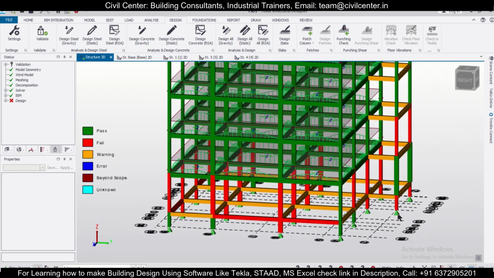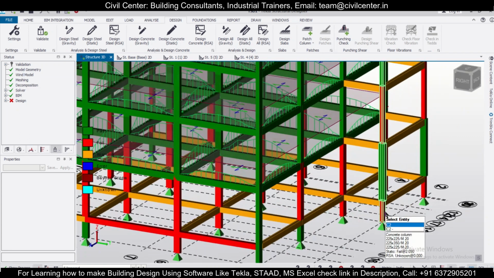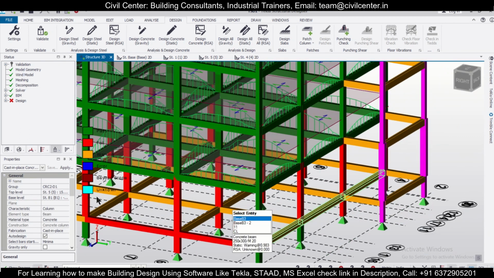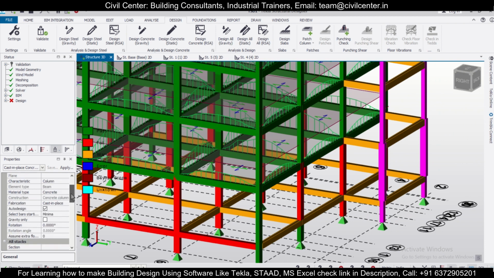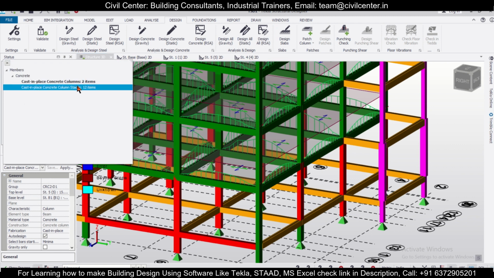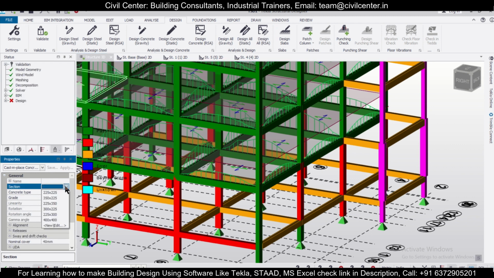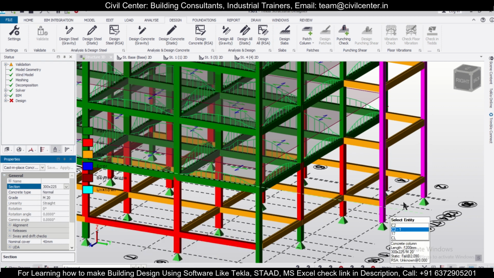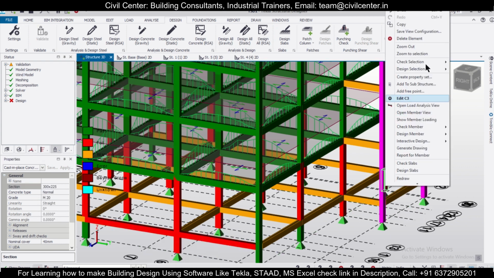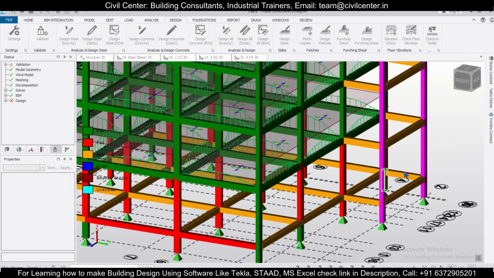Results are better again in this case. So for these columns as well, we'll do this as 300 into 225, right click, design selection static.